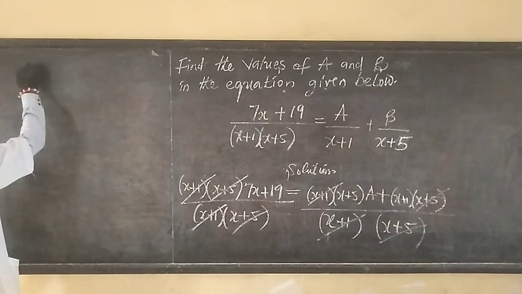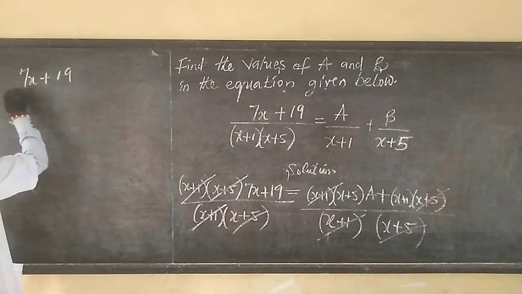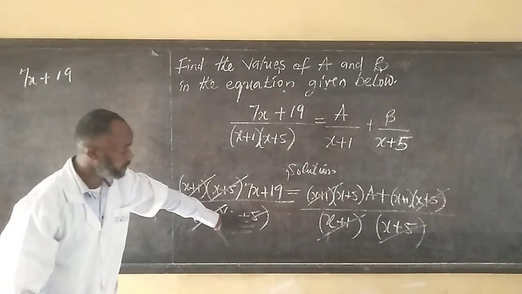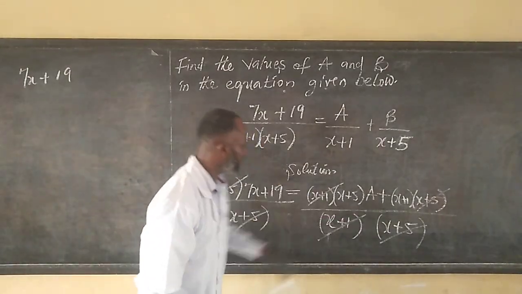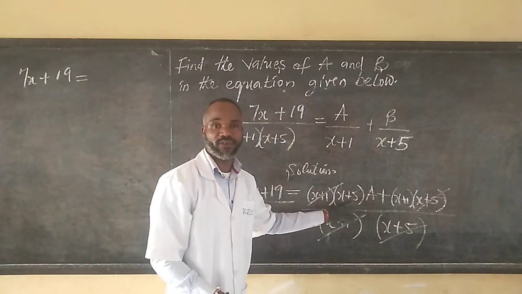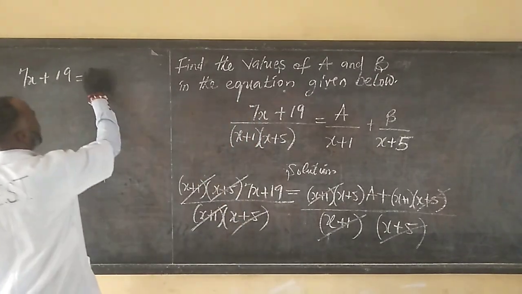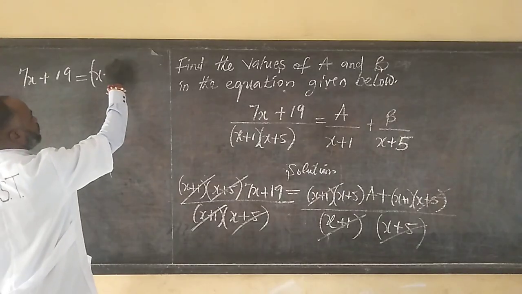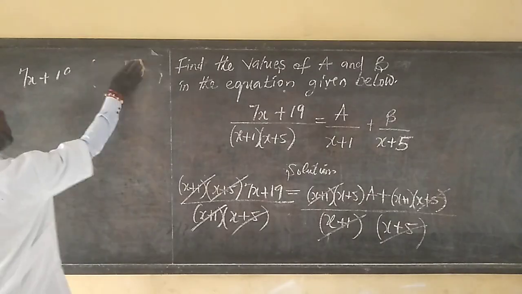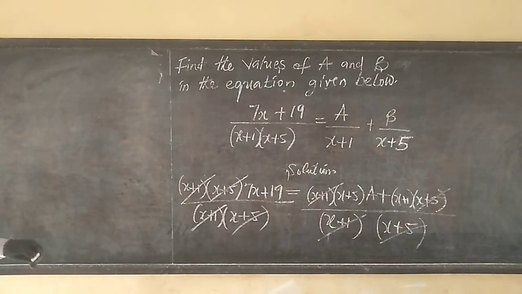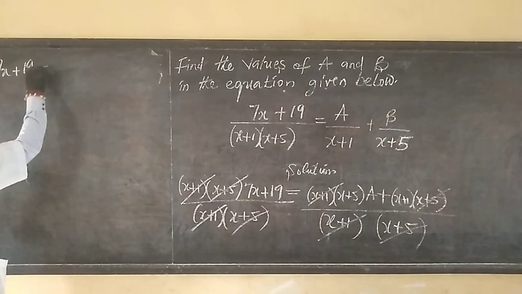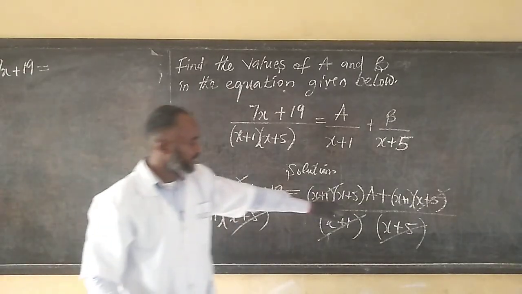We now have 7x plus 19. Nothing remains as the denominator. So this is okay. We'll move on to this side. What do we have? The first one is x plus 5, and then a. X plus 5 a, right? Oh, it's like I'm squeezing things up here. Let me just give space a bit. So we have, remaining here is just 7x plus 19, all equal to, look at this,